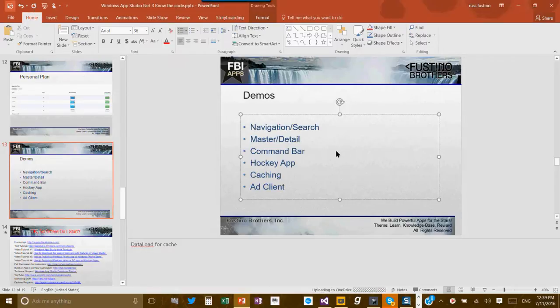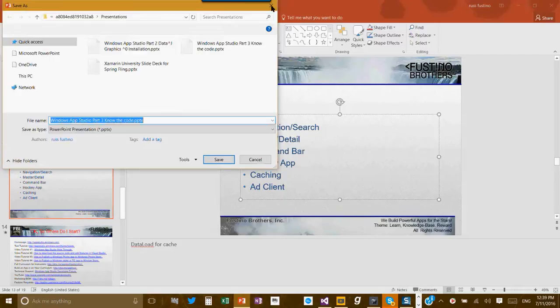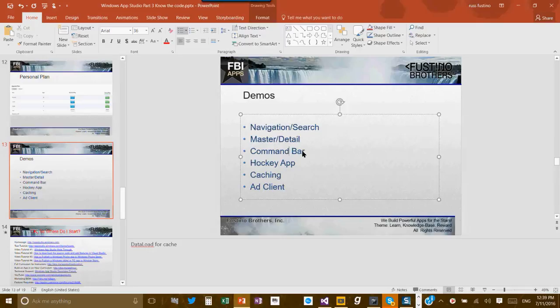And so what we see here with the master detail, you had the list view would be your master, the detail would be the detail page, and all that binding is done in the code as well. The command bar was really a great tool, and I really got to like using that quite a bit in the Universal Windows Platform. It's far superior to the app bar with a lot of those automated features that we talked about right there. And if you are doing UWP development, I would use the command bar object over the app bar object. The app bar, you'll see, has syntax that works within the command bar, but the command bar is the main